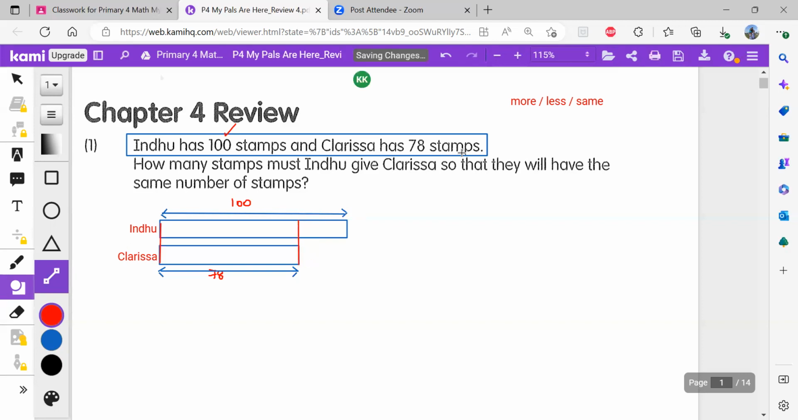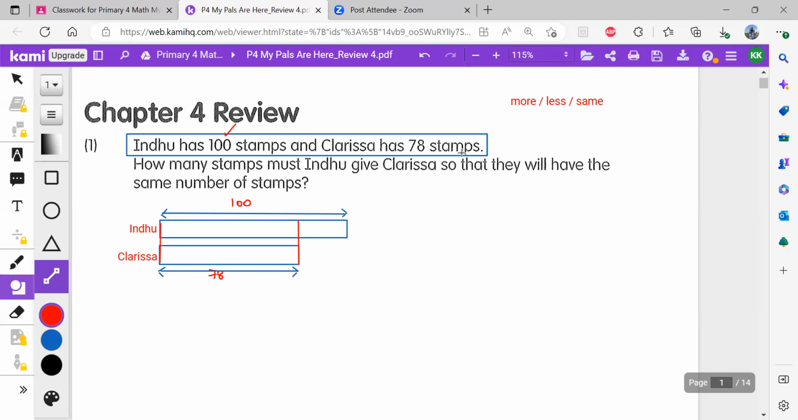When doing model drawing, it is important to have models of the same length. If they are of different lengths, we need to cut it so that some of the models are the same length. Okay, and after I cut it, I can now look at this model and see,